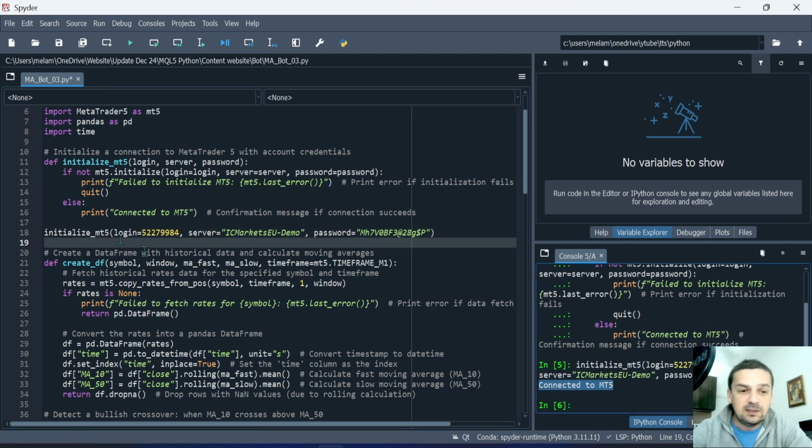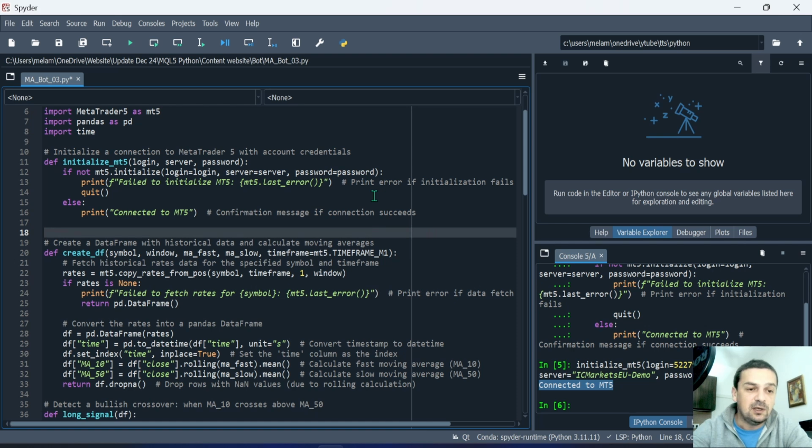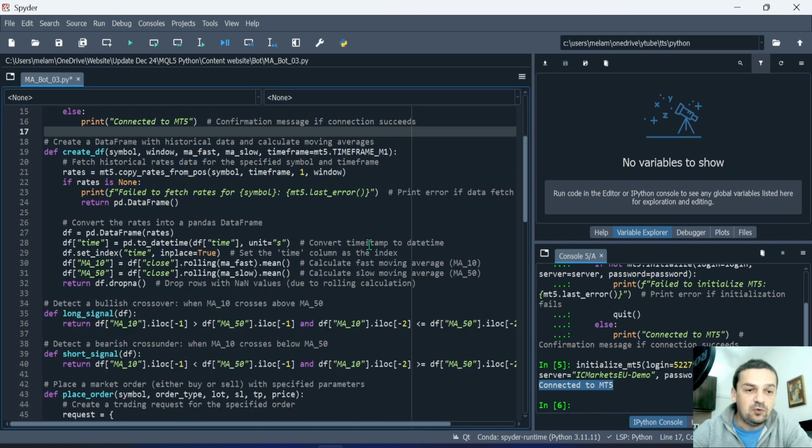And you can see that if I run this function, if I call it, this is the function. Here I call it with the necessary parameters. You can see that now we're connected to MT5. Okay, now I'm going to remove this line, and after the connection has been established, we can move forward to